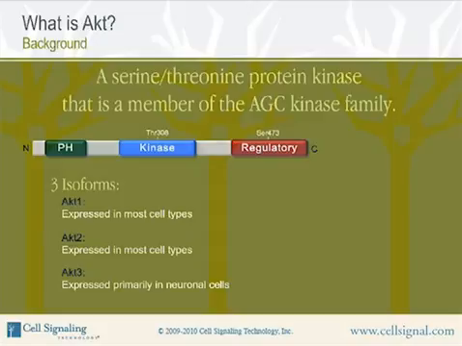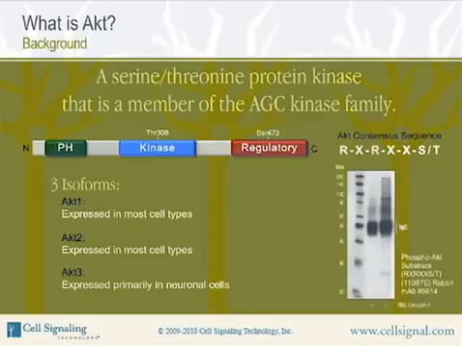These downstream targets contain the AKT recognition or consensus sequence RXRXXS/T. In this sequence, phosphorylation occurs on the serine or threonine residue, and arginine residues are required at the -5 and -3 positions. This Western blot shows immunoprecipitation of extracts from serum-starved NIH3T3 cells, untreated or treated with a combination of